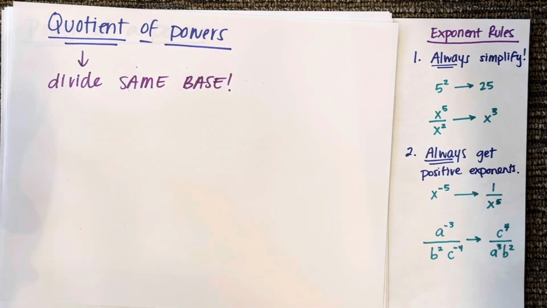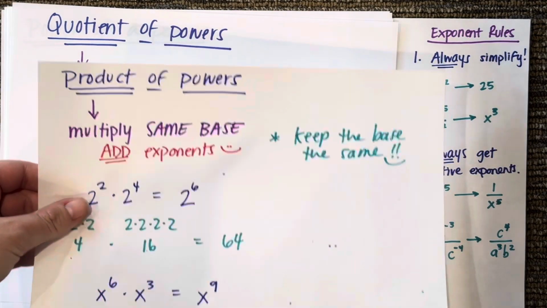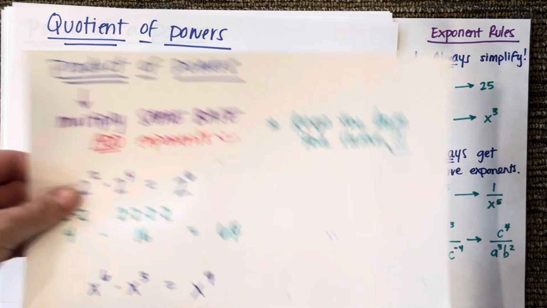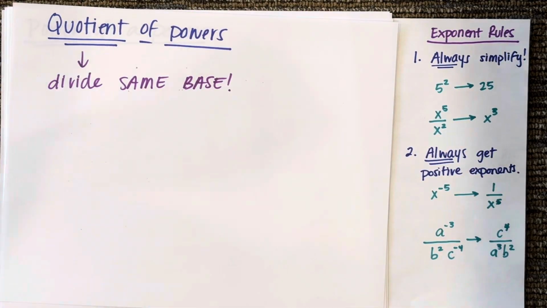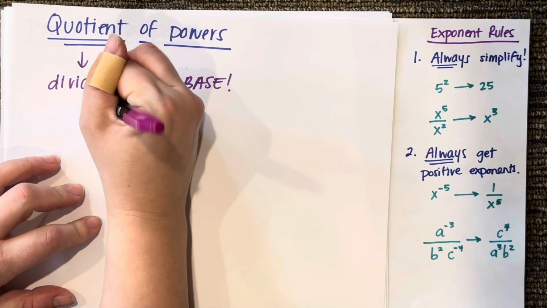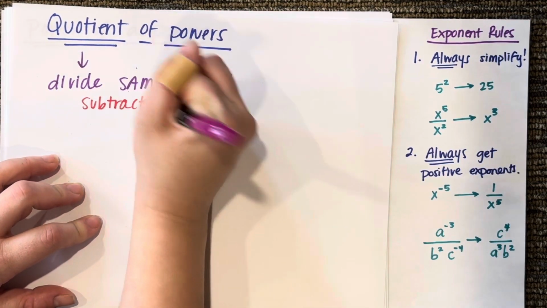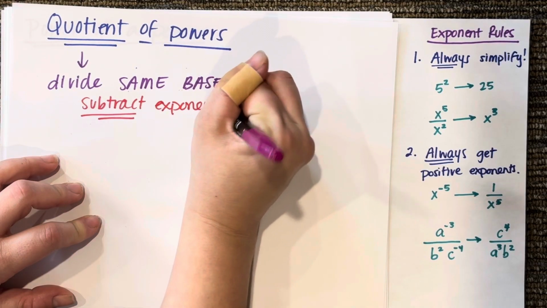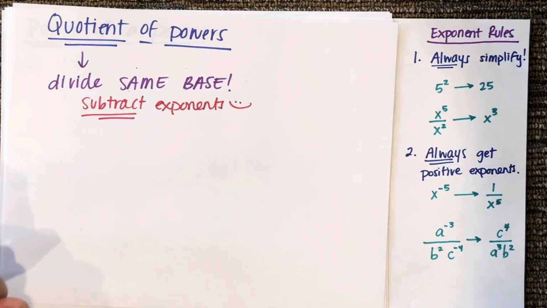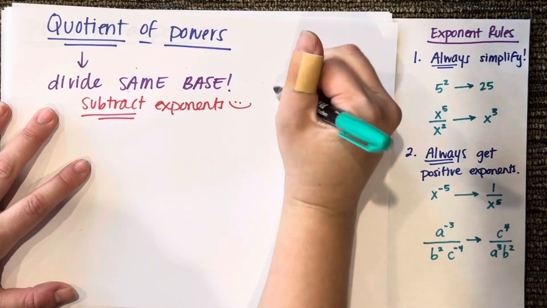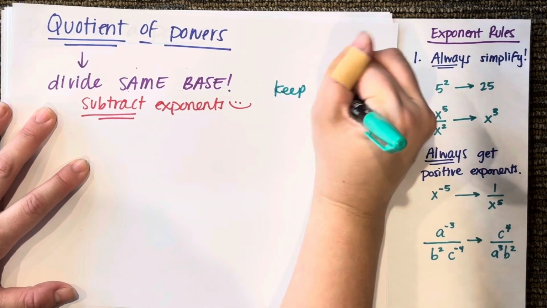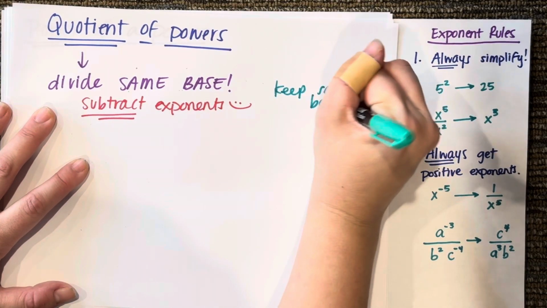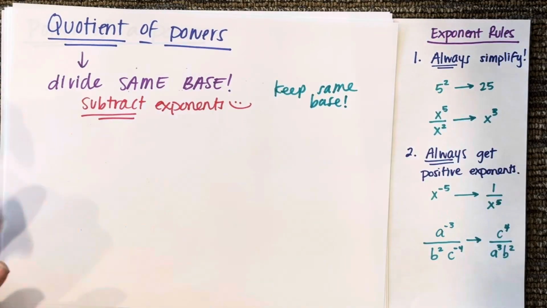Okay? So it's basically the opposite, right? Product of powers, you're multiplying the same base, so you add the exponents. Quotient of powers, you're dividing the same base, so you subtract the exponents. Easy peasy. And again, you keep the base the same, right? Keep your same base. So if I had